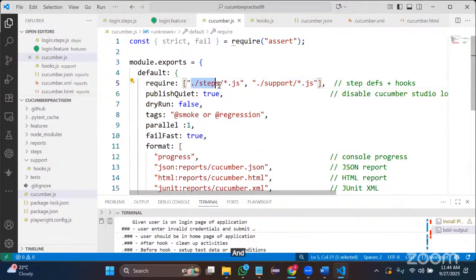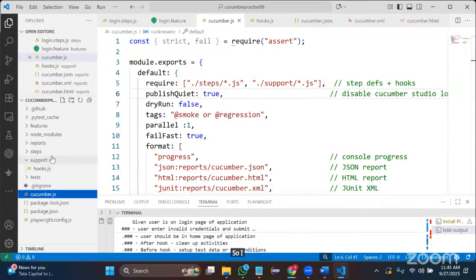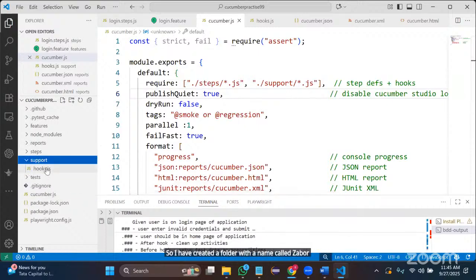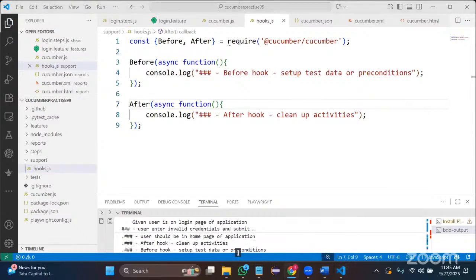And all the step definitions are written under this particular folder. So it is important that if I am saying hooks should be picked from this, then you need to write those hooks under the support folder. So I have created a folder with the name support, and under this I have written hooks.js. Okay, now in this,